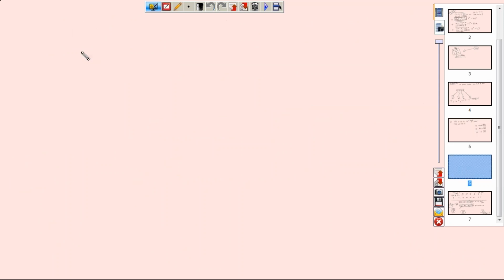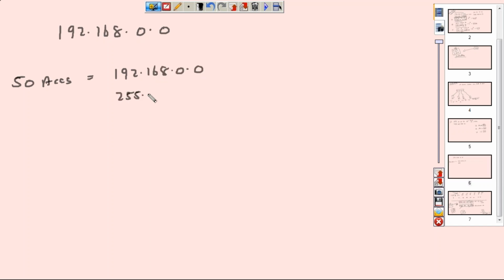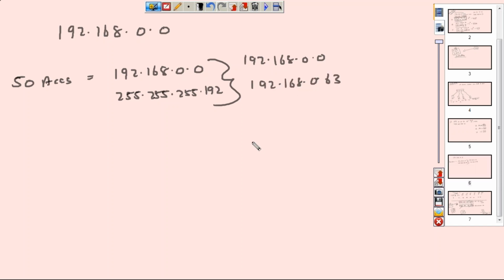Right? So here we had the original network of 192.168.0.0, and the first network size we required for the accounts department was that. And we said, okay, 192.168.0.0 with a mask of 255.255.255.192 is what we made, right? And that in effect means 192.168.0.0 all the way to 192.168.0.63, right? All right. What do we have left?